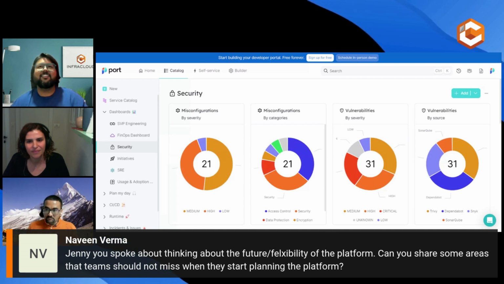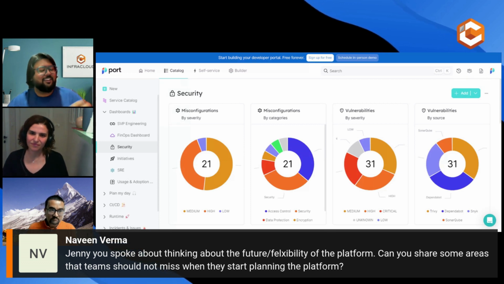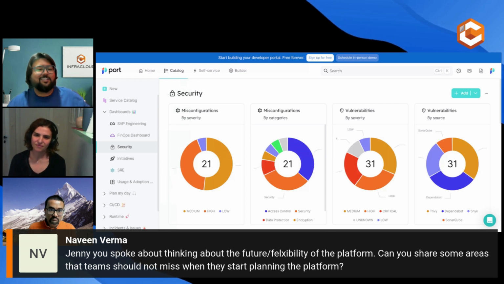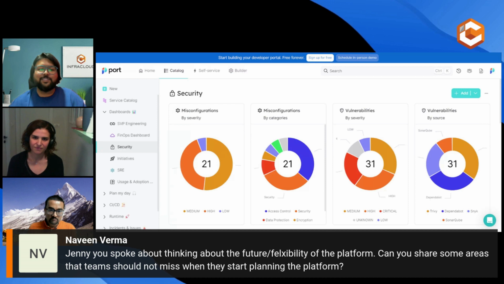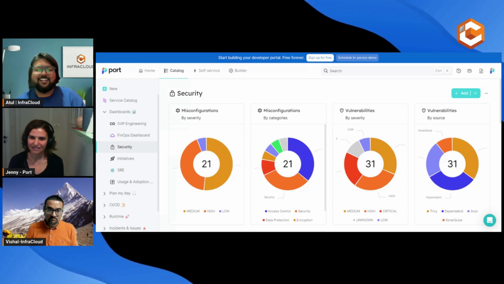Interesting. And I think the point you mentioned about data models, I'm sure you know, as years pass, it will be very difficult to change the data model. And I think you really hit the right spot with this particular point. So I think Naveen, I hope Jenny has answered your question, and thank you so much for asking that thoughtful